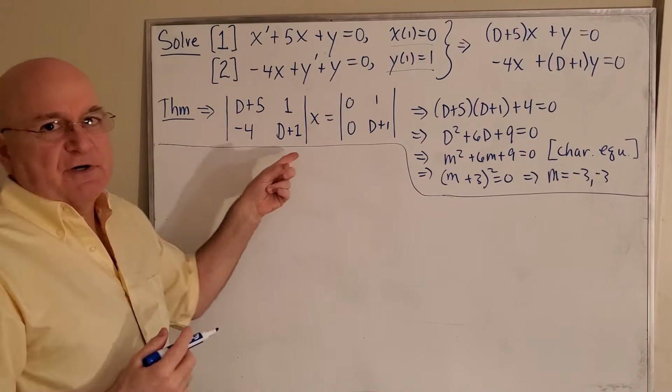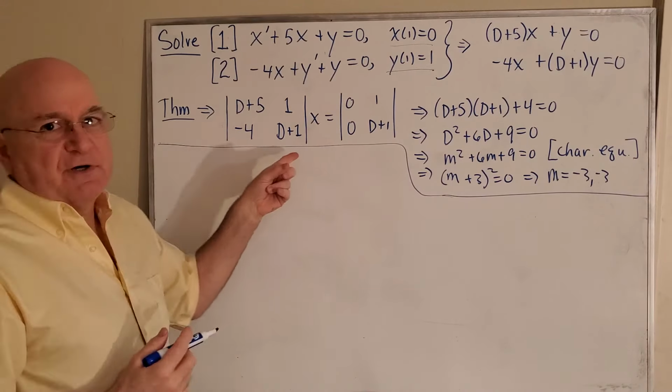So now I'm just going to show equation 1 implies, let's just solve that for y. So we get y equals negative x prime minus 5x. And what does that equal? Well, negative x prime is the negative of this. So 3 c1 e to the negative 3t plus 3 c2 t e to the negative 3t minus c2 e to the negative 3t